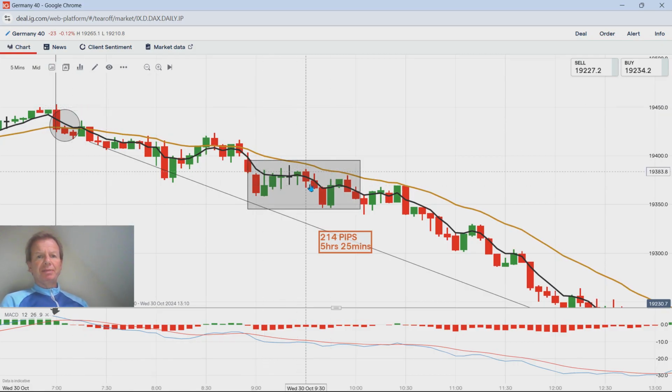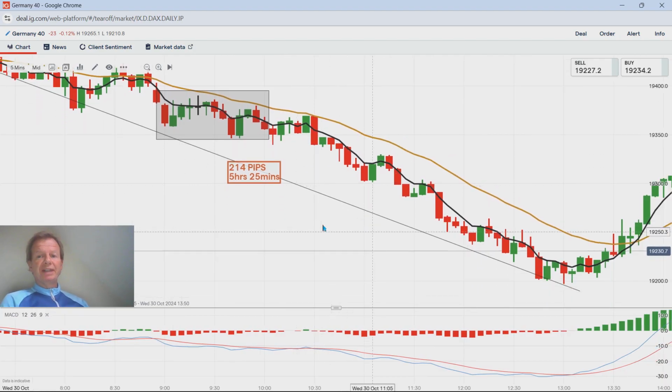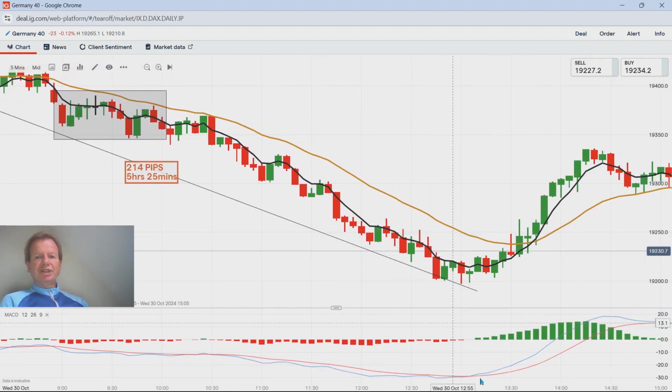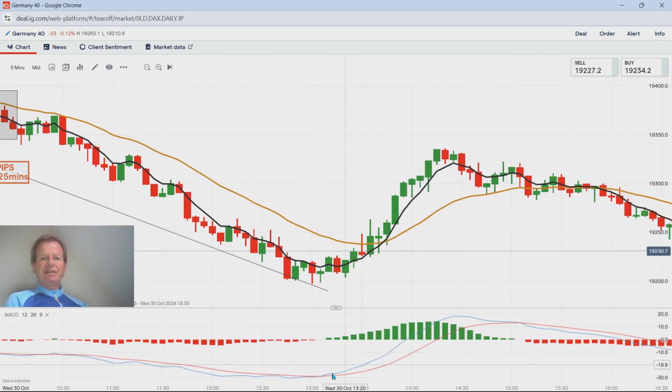See some consolidation, it's been ranging for 14 bars at 5 minutes, 70 minutes, over an hour. It's been consolidating there, but it comes all the way down here. Again, you can see it's turning here on the MACD already, so you could have got out right at the very bottom. See the support here. You could have got out there at 196. And you would have saved about 54 pips there.